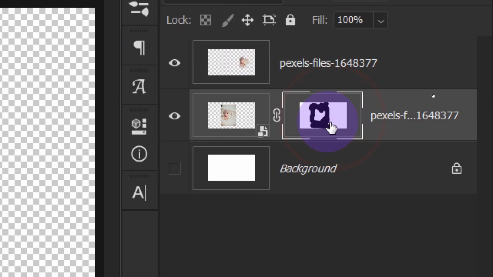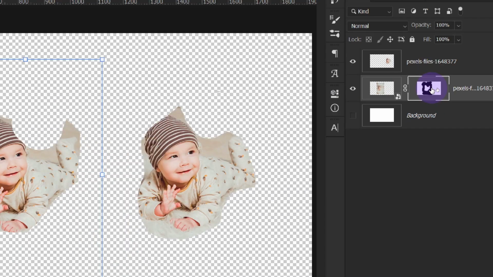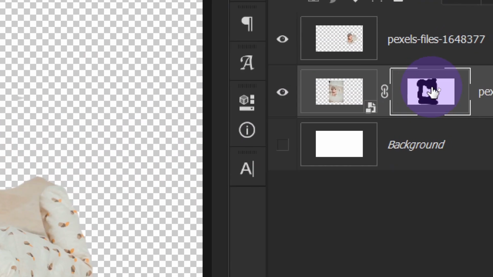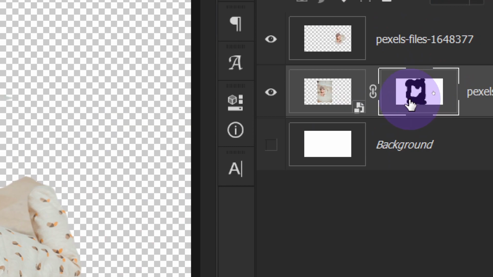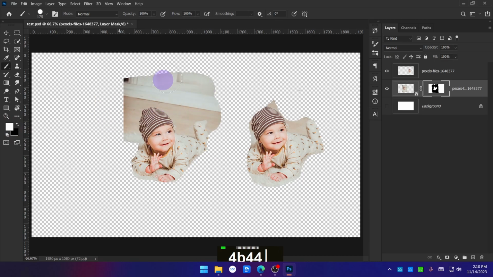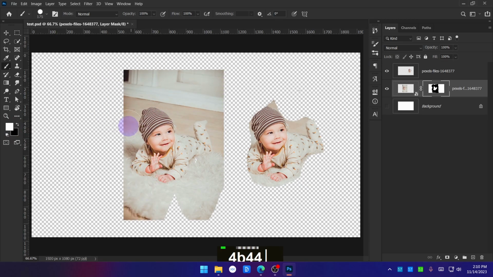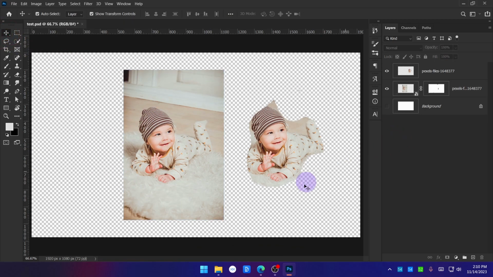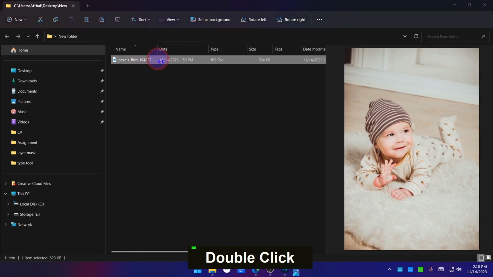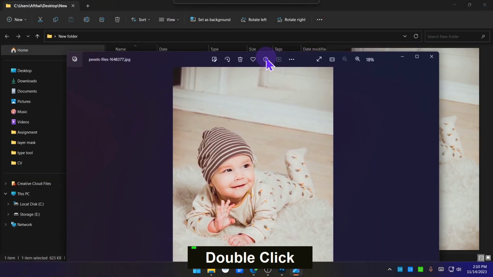But if I use a layer masking, the best part is that now I can get the brush tool, and these black color spots I have to fill with white color. And now if I click drag, as you can see, I can reveal the image. Okay, now this feature is mostly useful. Let's say this image is there on my computer, right? It's always there. But what if I